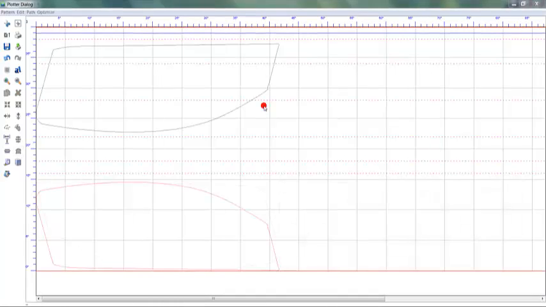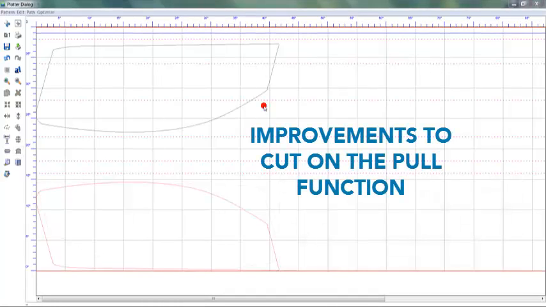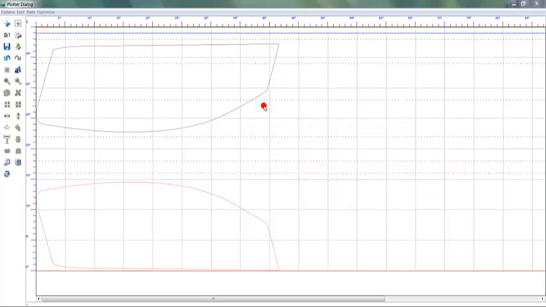One of the most useful functions introduced into ComputerCut was what we called cut on a pull. It was introduced in version 7, and what it did was it would feed the material through the plotter going this way. It would start the cut here, and then as the material is being pulled back through the plotter, it would cut going this way, and then once it reached here, it would feed the material out again, and it would start to cut